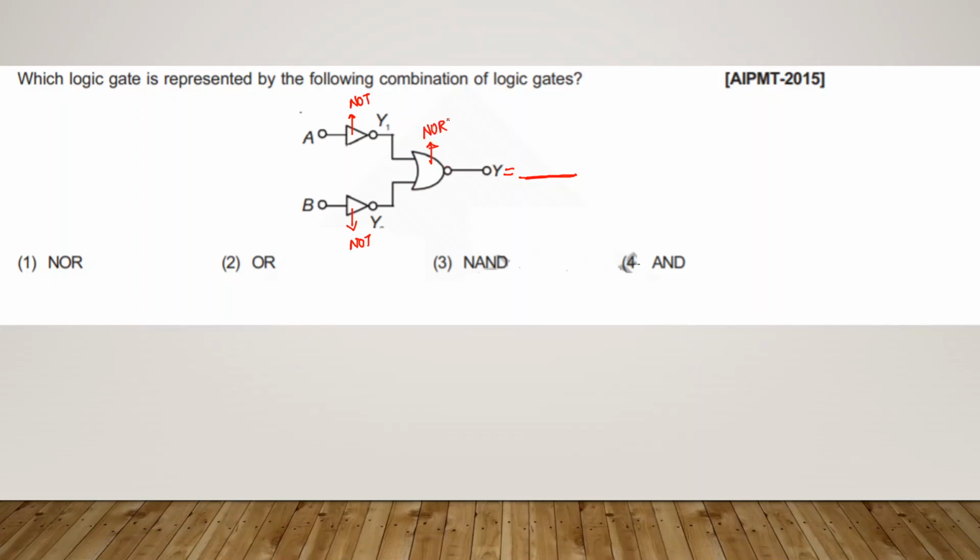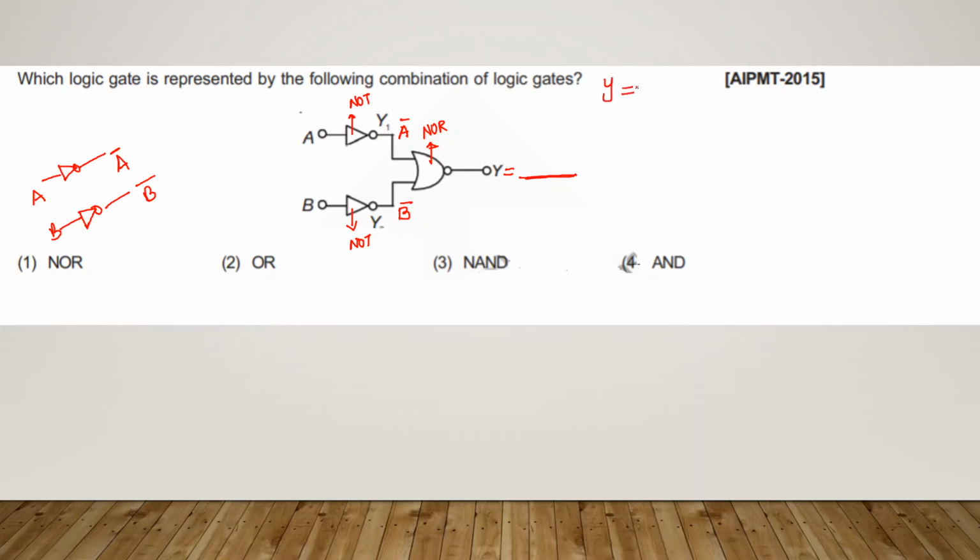It is the NOR gate. Now see here, in the case of the triangle or NOT gate, whenever you give input A, the output becomes A bar. If you give input B, the output becomes B bar. So whatever input you give here, it will invert it. Here it is A, the output will become A bar. Here it is B, the output will become B bar. Now what is this NOR gate? What is the output of the NOR gate?